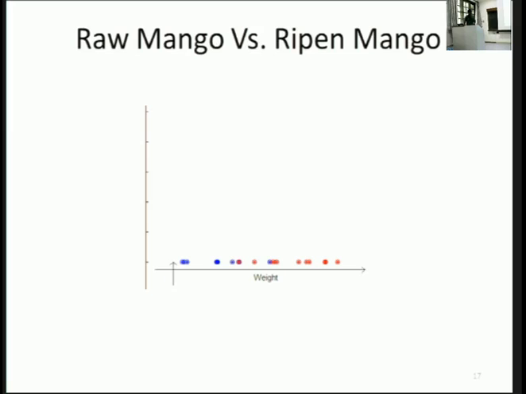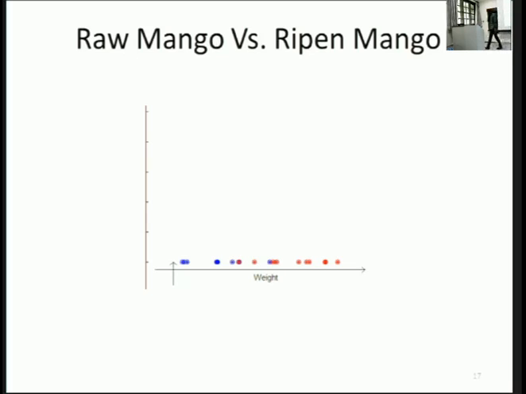So let's take this example. We just put some points here, not real life data. Assume that the blue ones are the raw mango and the red ones are the ripe mango, and the x-axis shows weight. You can kind of guess that ripe mangoes would be heavier than raw mangoes because they have lived longer before you pluck them. But you can see that weight is not a good thing to separate the red from the blue. By just looking at weight, it's hard to decide, right?